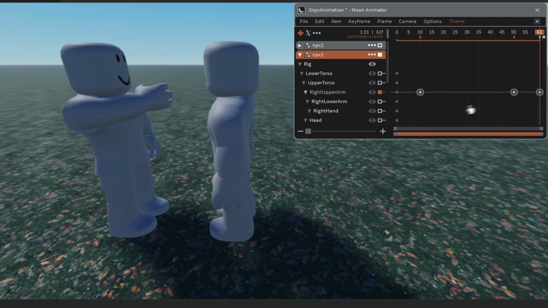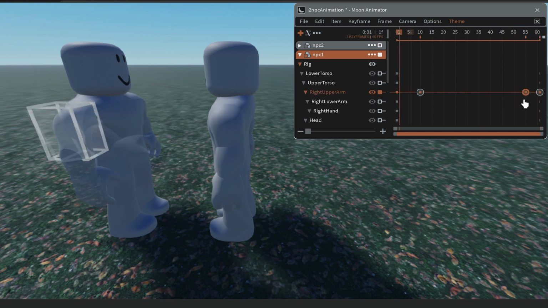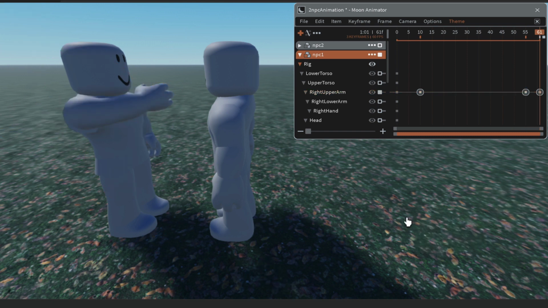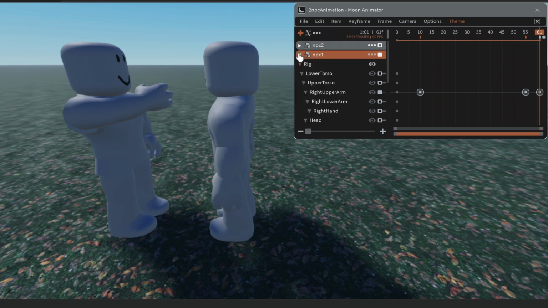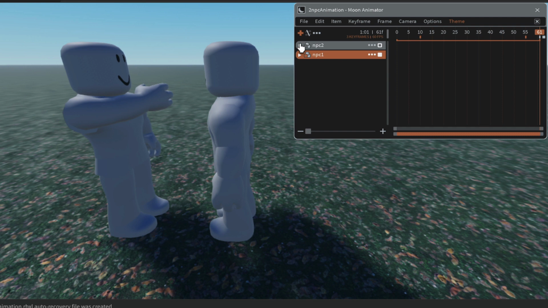Now, if you want it to be even quicker, you can move these even closer together, and you'll notice that he moves his hand quite quick. So the distance between keyframes is how long it takes to go from one pose to the next. Alright, so that's the idea of it. So now that we've got this animation for NPC1, we can do one that matches over here for NPC2. So let's click on File and save our animation so far, and we'll zip up NPC1 and open up our